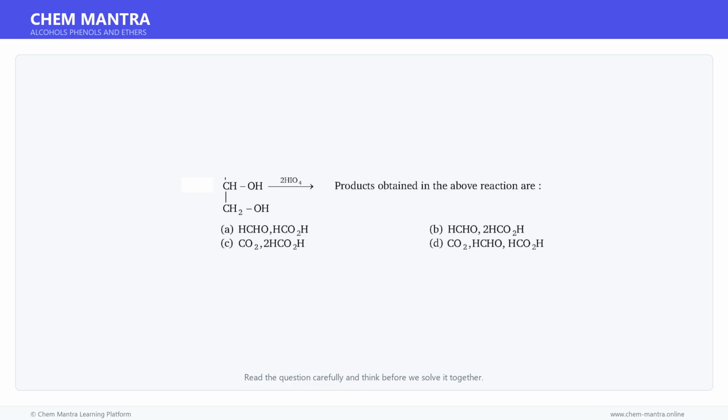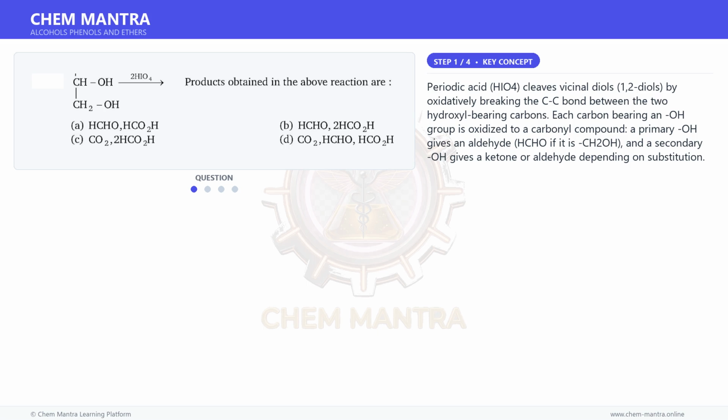Here is a question. Read it carefully and think about the answer. Let us solve it step by step. Let us first understand the key concept here. Periodic acid, HIO4, cleaves vicinal diols, 1,2-diols, by oxidatively breaking the C–C bond between the two hydroxyl-bearing